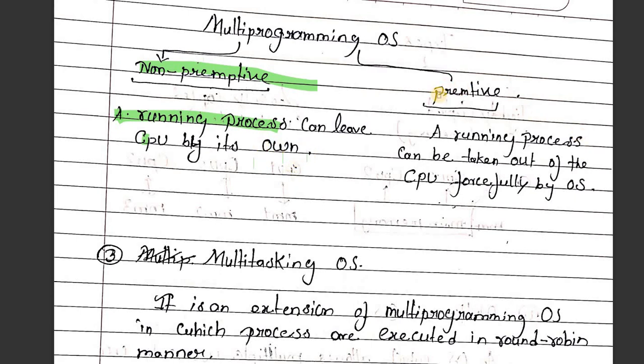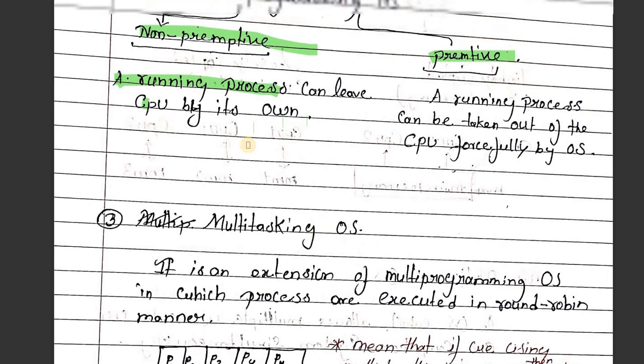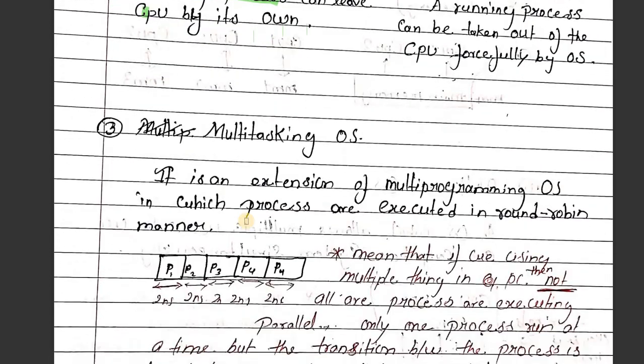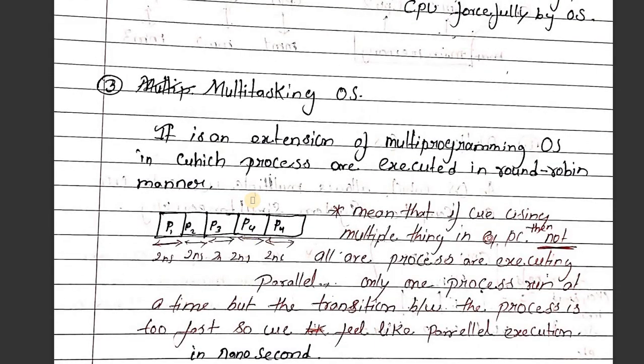But in preemptive, a running process can be taken out, means the process which is running in the CPU can be taken out forcefully by the operating system. This type of OS is called preemptive, and one in which the process leaves by itself is called a non-preemptive operating system. Here the multitasking operating system, the third type, is an extension of the multiprogramming operating system,